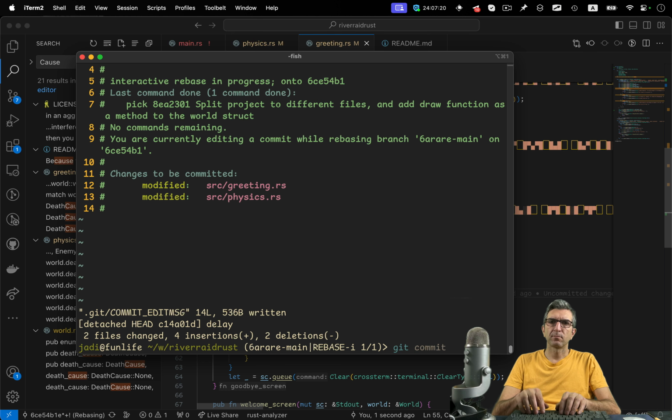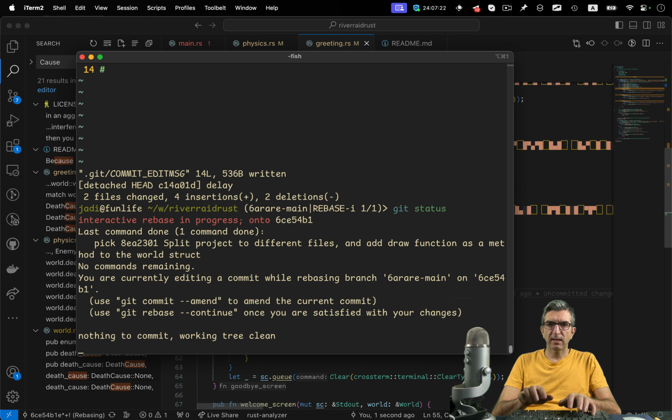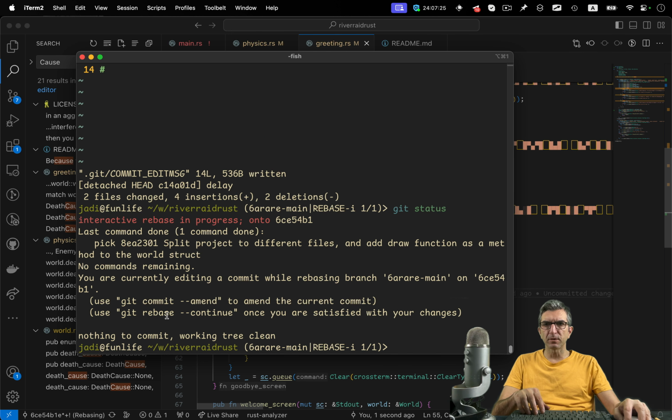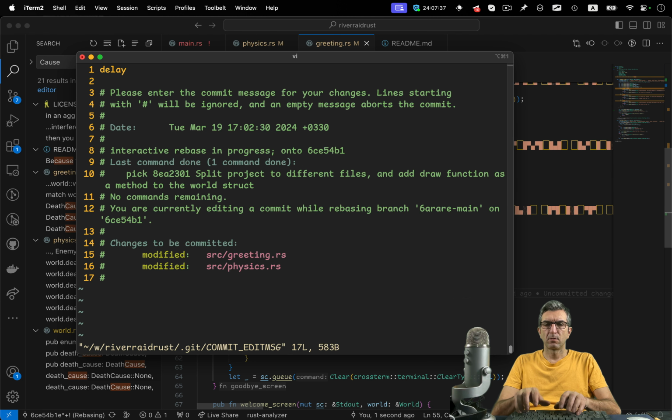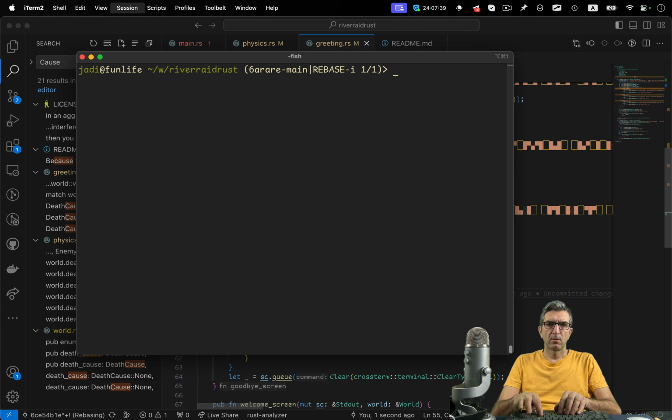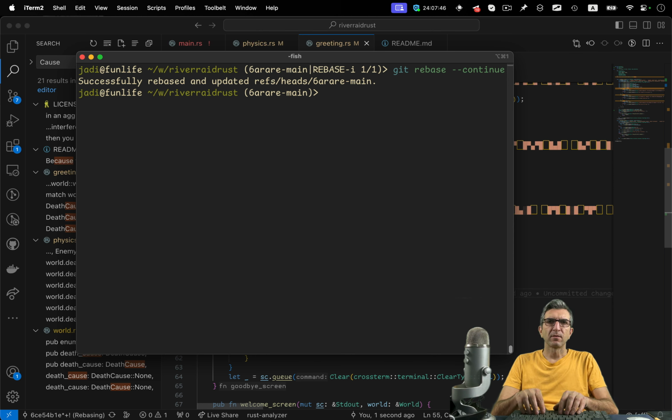Git status. Okay, we are on rebase. We can do a rebase continue. I will go with amend. We'll add this. Clearly, I have a confusion on these ones because I never do this successfully.